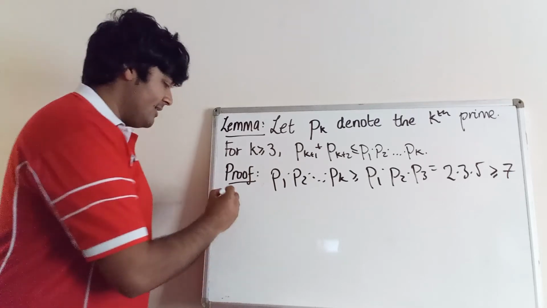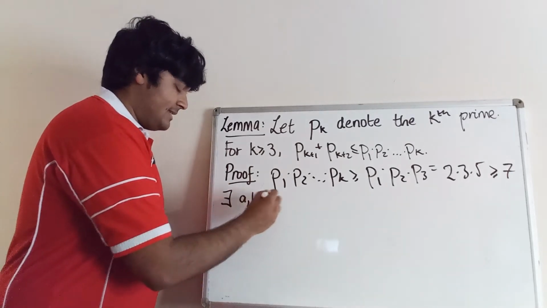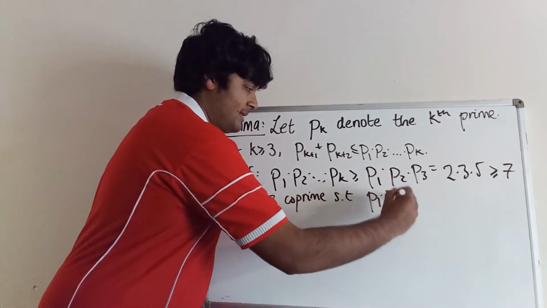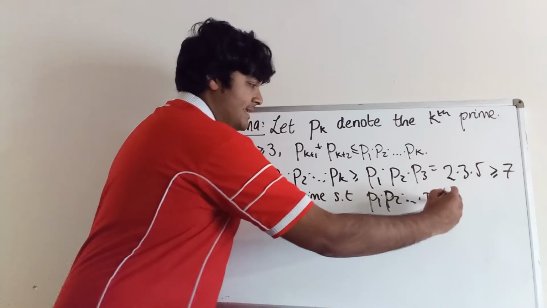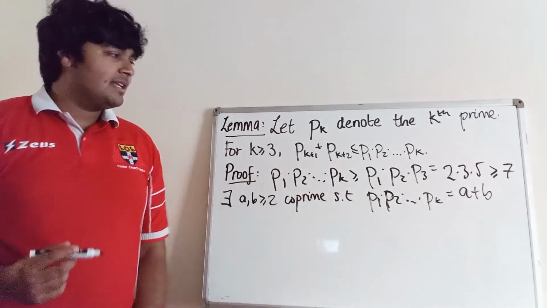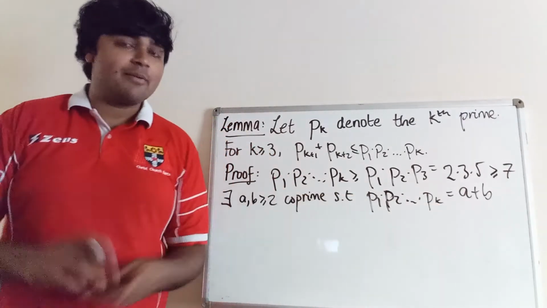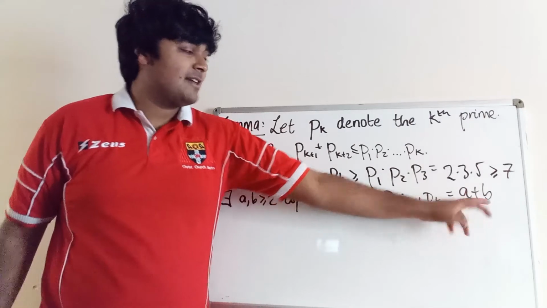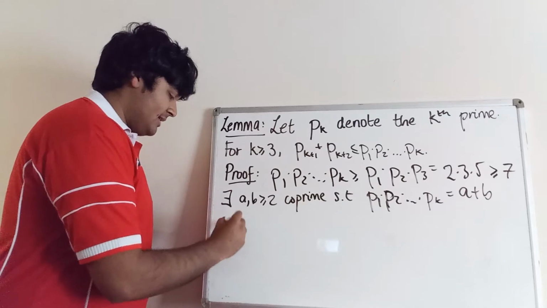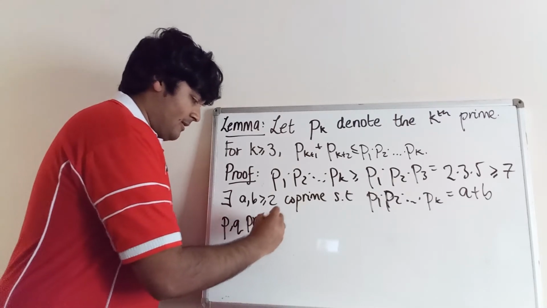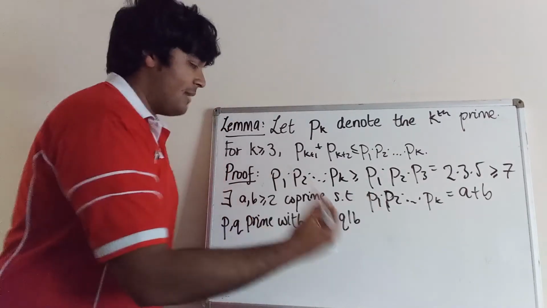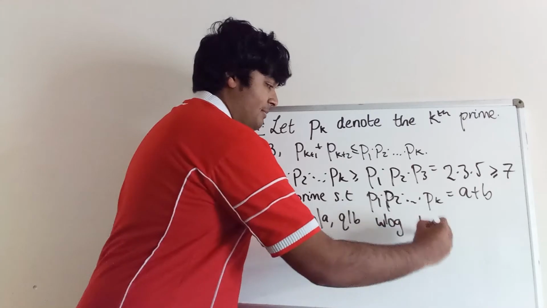Let's call them A and B. So there exist A, B, at least two, co-prime, such that p1 times p2 times so on all the way up to pk is equal to A plus B, like so. Now what we're going to do is let P be some prime factor of A, so some prime number that divides A, and we're going to let Q be some prime number that divides B. So P and Q are primes with P divides A and Q divides B, and without loss of generality, P is going to be strictly less